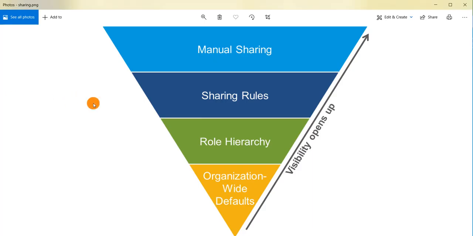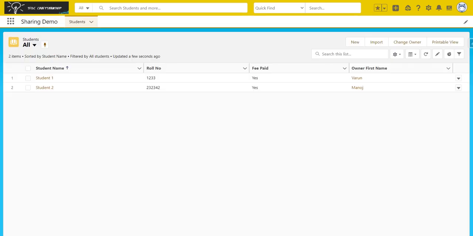Now let's move on to sharing rules. So sharing rules, we have two types: one is criteria based sharing rules and the other is owner based sharing rules. The thing in sharing rules is we can't directly share records with a particular user.